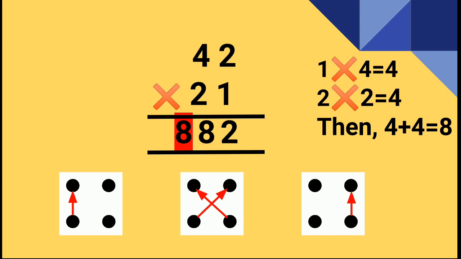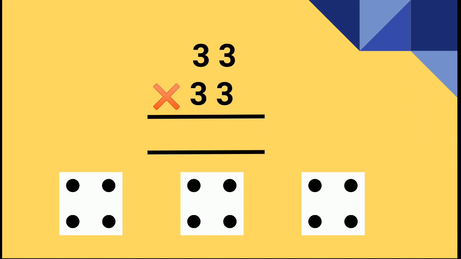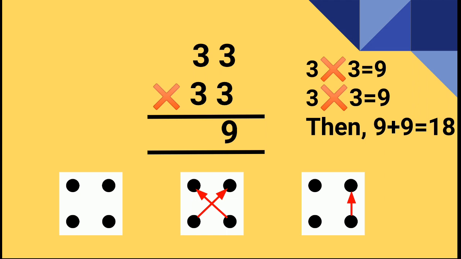Now let's move towards the next example, that is 33 multiplied by 33. Similarly, we'll multiply the rightmost two digits, that is 3 multiplied by 3, which will give us 9. Then we multiply the digits diagonally, that is 3 multiplied by 3 and then 3 multiplied by 3. So it will give us 9 and 9, and then we'll add the results, which will give us 18. 9 plus 9 is equal to 18. So we'll write 8 and 1 will be carried forward.